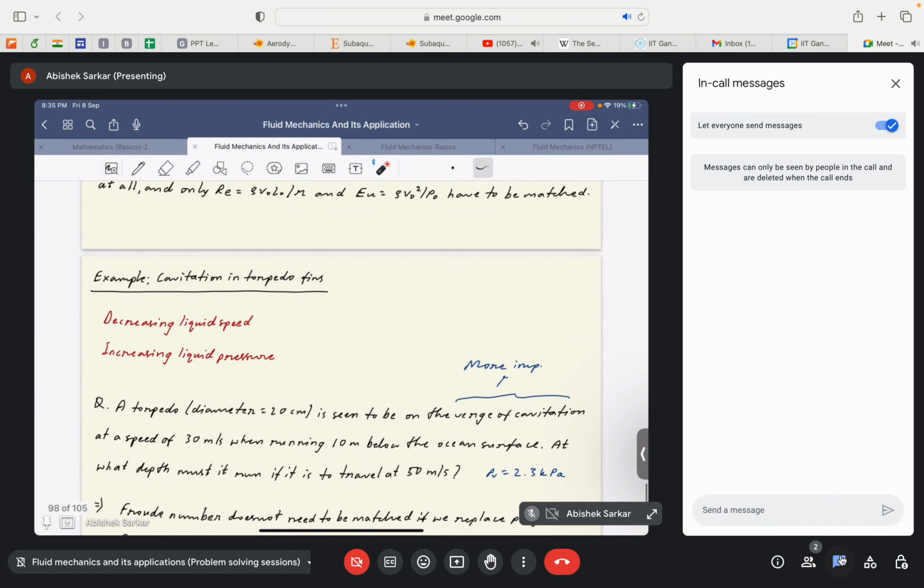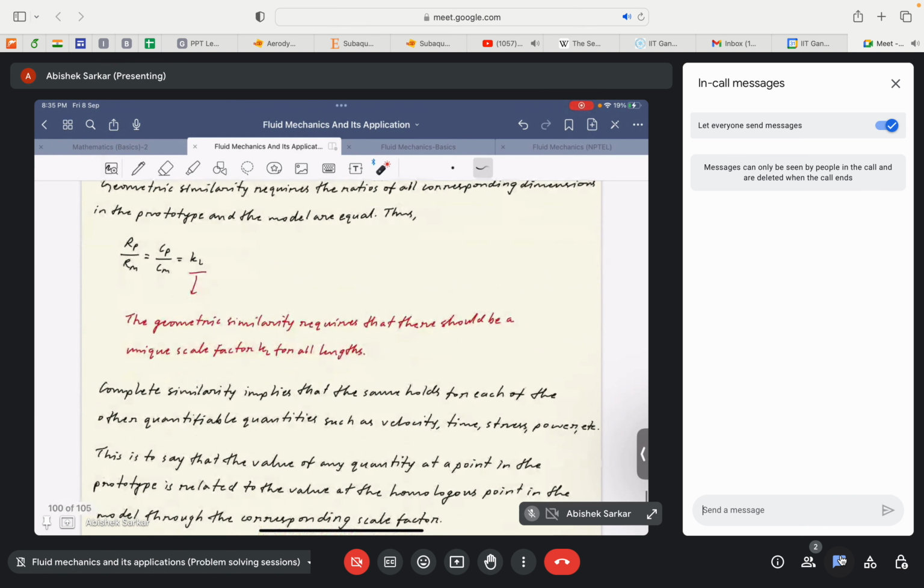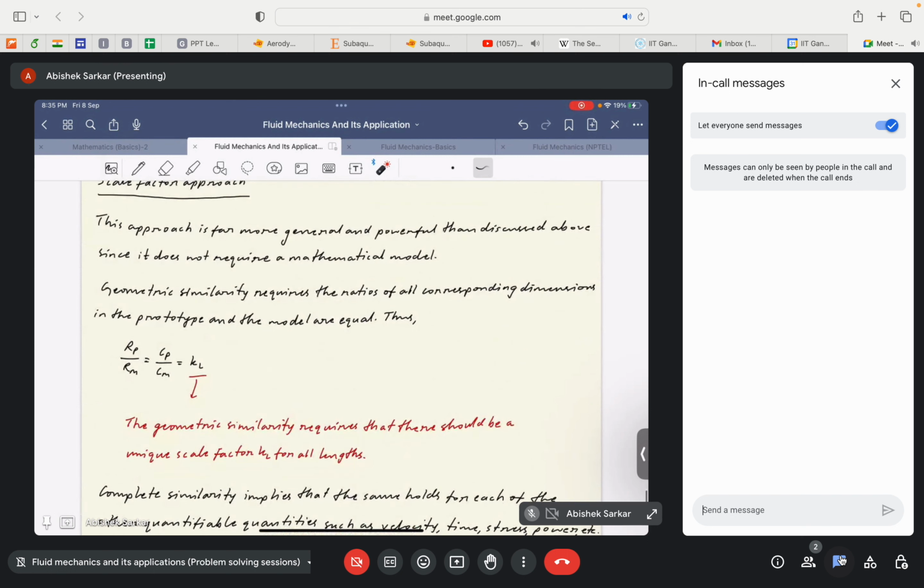So in order to deal with this discrepancy or this issue, the concept of scale factor approach came into picture. So here it basically tells that what we have previously discussed, the similarity in the geometry, similarity in the motion,